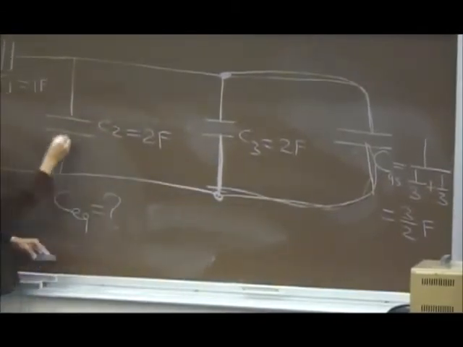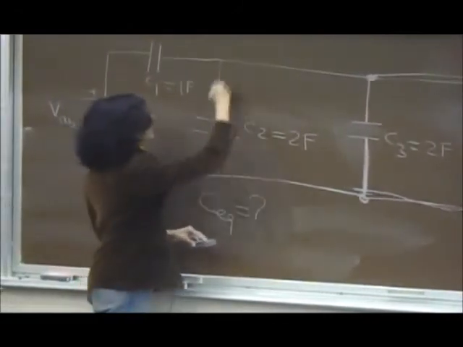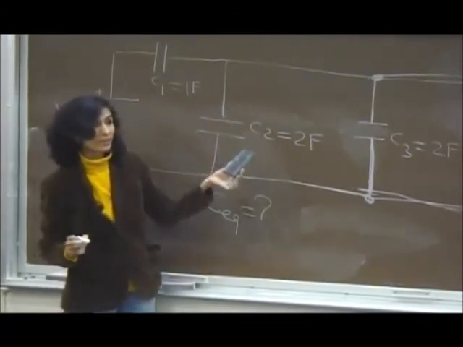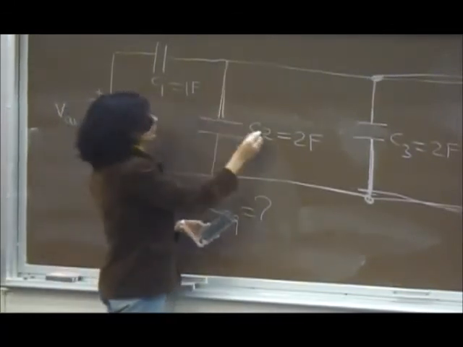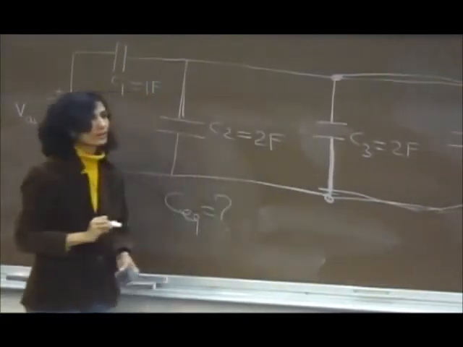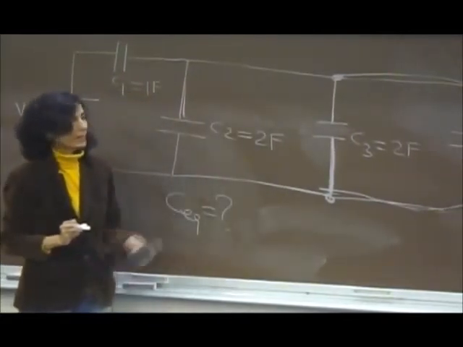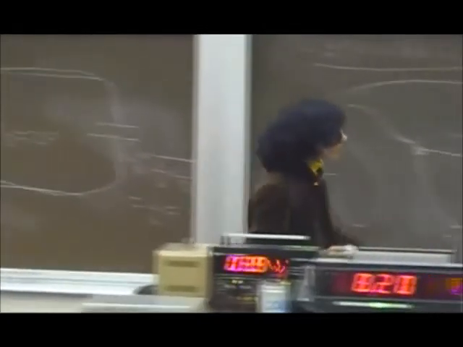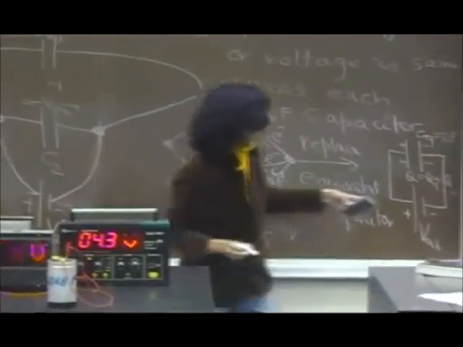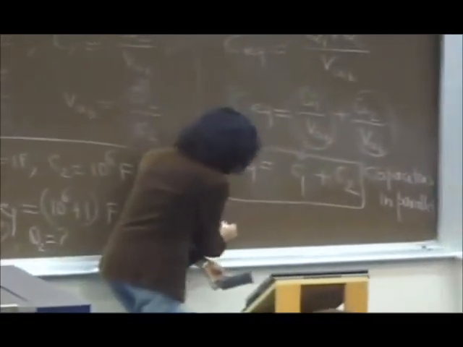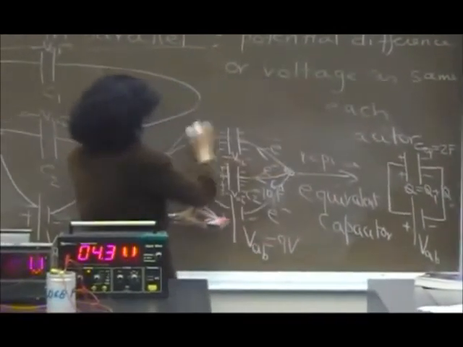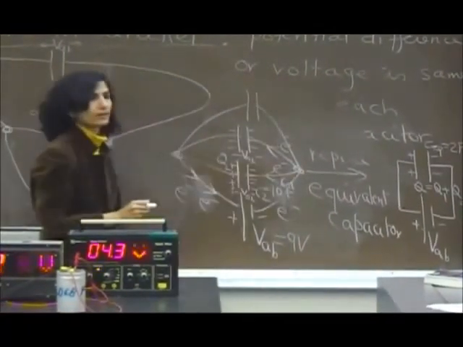And similarly, there's nothing over here either. This thing is in parallel with that also. So do you want to do all three at the same time? Is everybody seeing that this C2 is in parallel with C3 also? We can do all three at the same time. Because if the equivalent capacitance of two parallel capacitors is just C1 plus C2, if there were three in parallel, it will just be C1 plus C2 plus C3, right? If I put another one in parallel like this to this circuit, if this was C3,